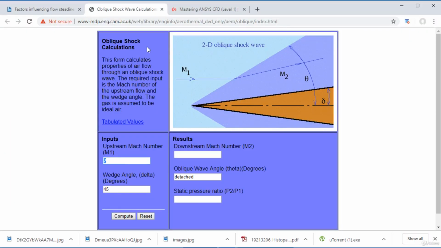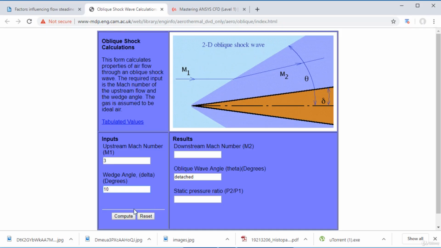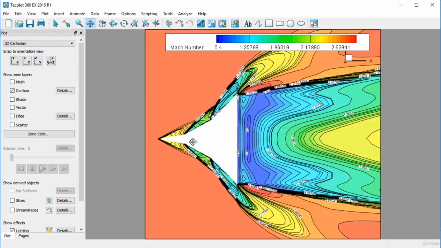So for example, here we have the oblique shock wave calculator, and if you put the value, let's say Mach 3, and the angle as 10, which is the case for the first step, 10 degrees here, you can see that the result should give you the Mach number as 2.5, and the shock angle should be 27 degrees. So what I did is that I just plotted these things in Tecplot from the